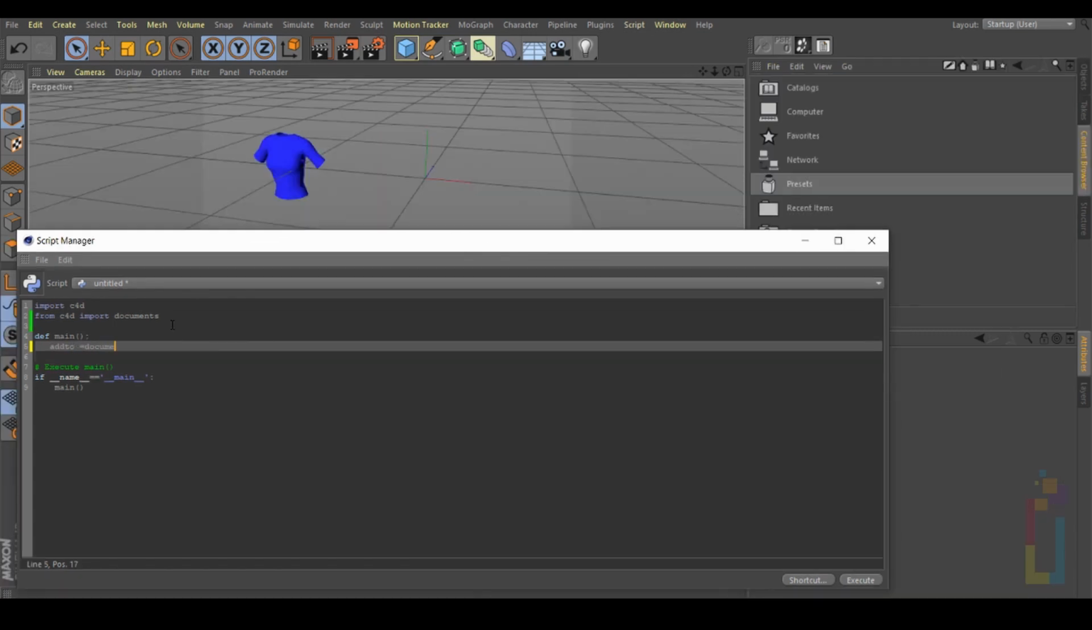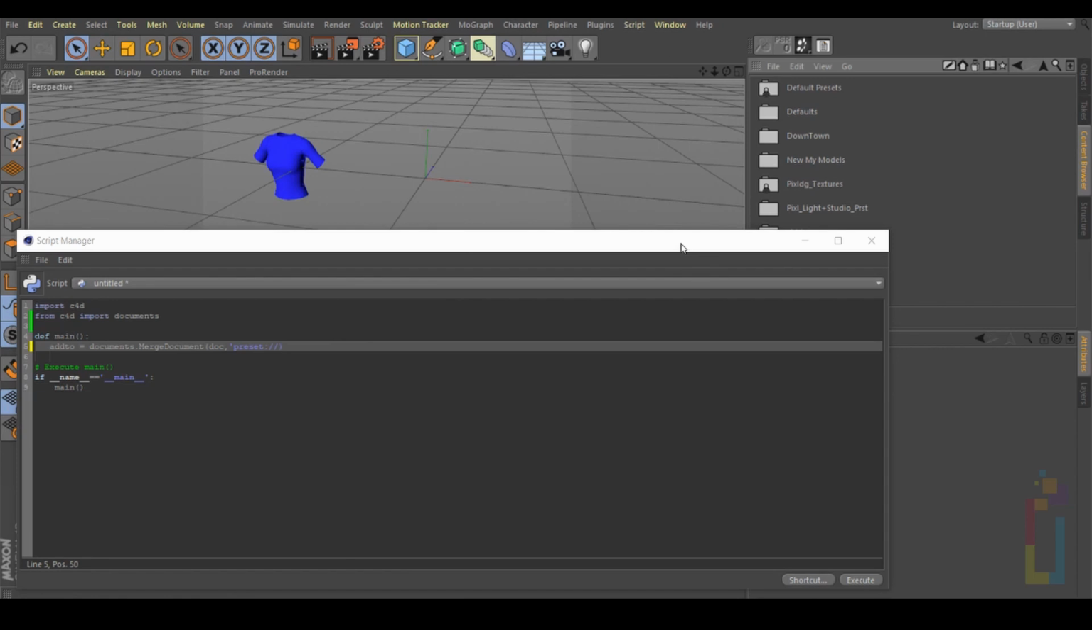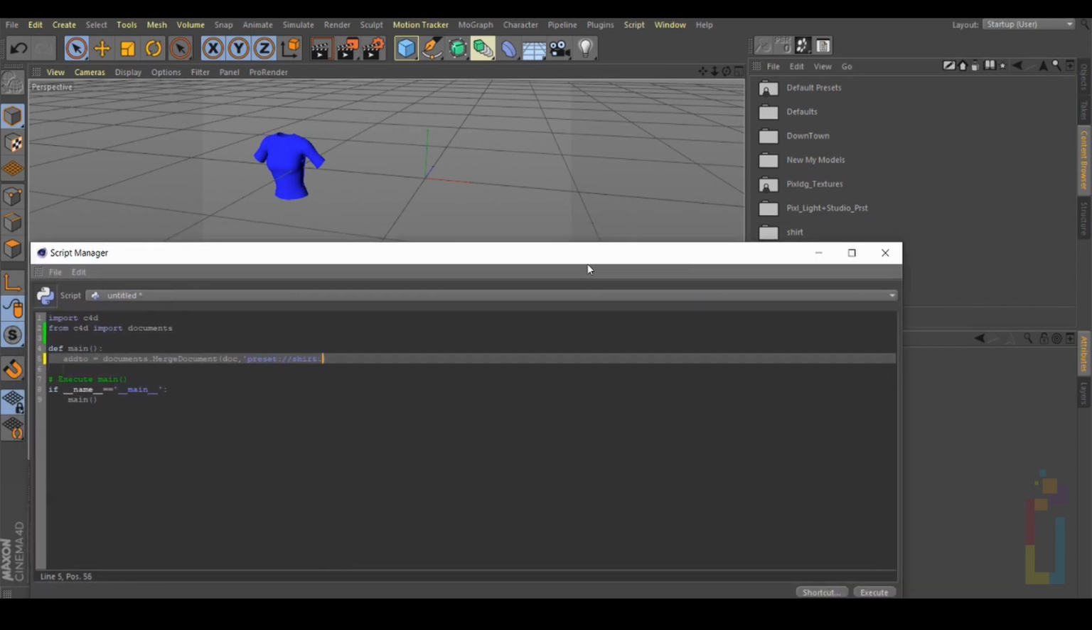Let's put documents, leave small space, dot, capital M, merge, capital D, document, parenthesis, doc, comma, single quote. Now here we need to put preset because it's in the preset area. Colon, double slash. Now we need to put the name of the folder, which is shirt, and add dot lib4d slash, then the name of the object, which is capital T S shirt, single quote, comma, C4D dot capital scene